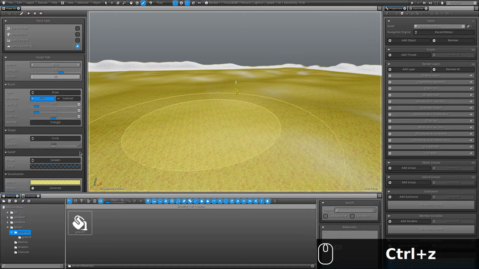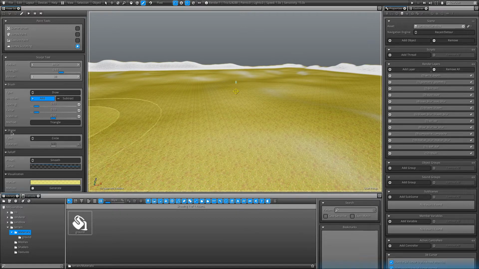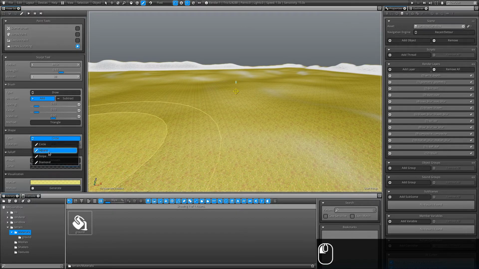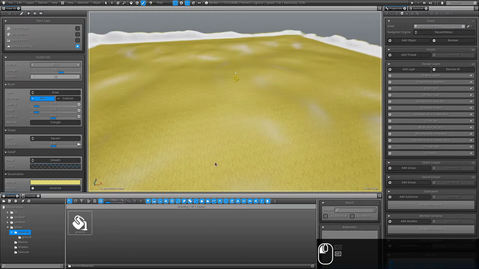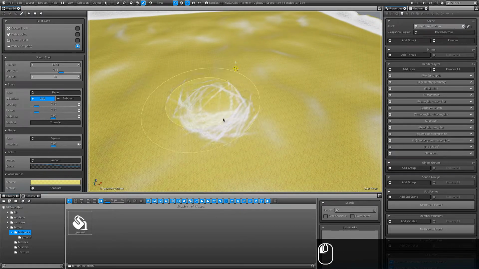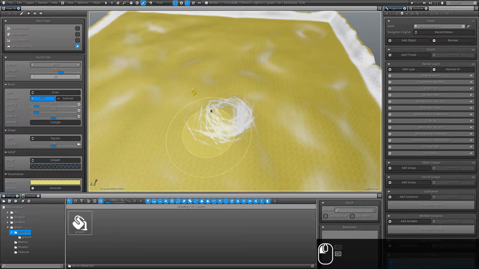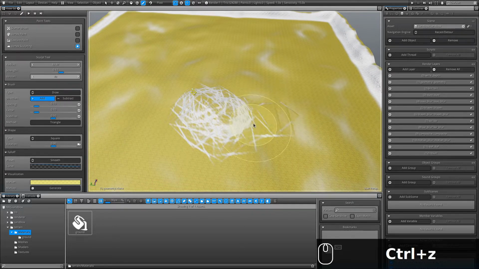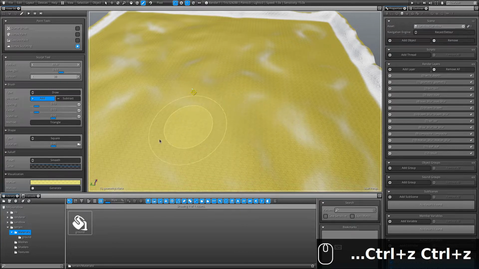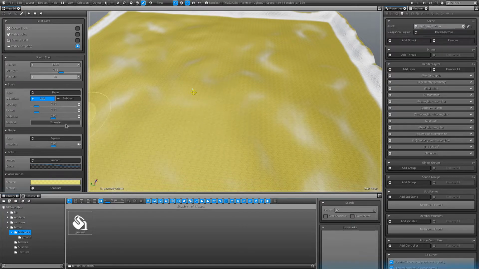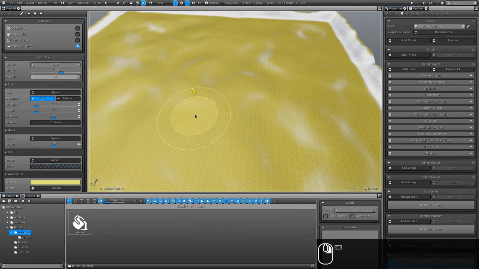So what I'm going to do instead is switch my shape type to be square. And that is going to allow me to have more of a clay strip kind of thing that I'm going to be able to build up, and it is going to give a lot more realism to the erosion of the terrain. If I actually cool down my strength a bit and I start carving it in,